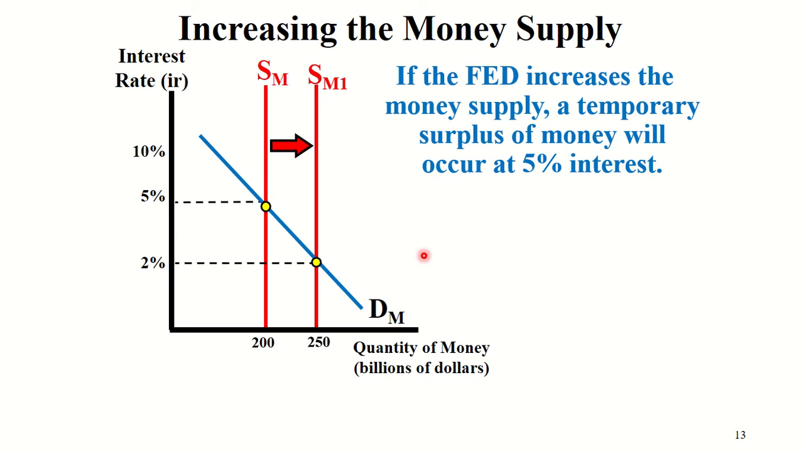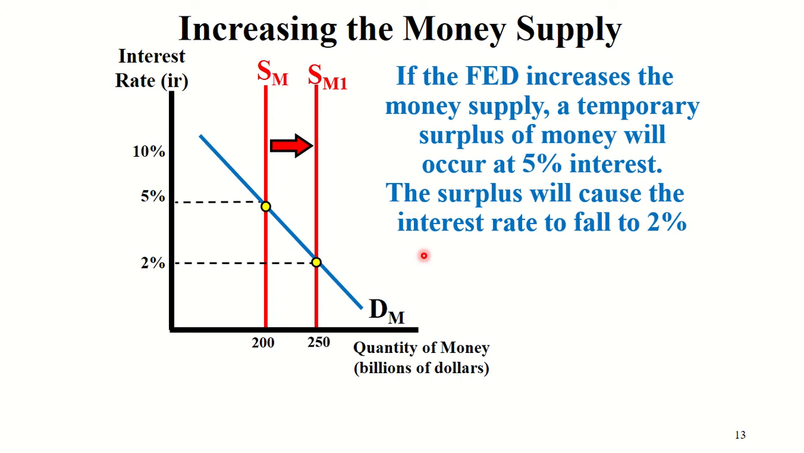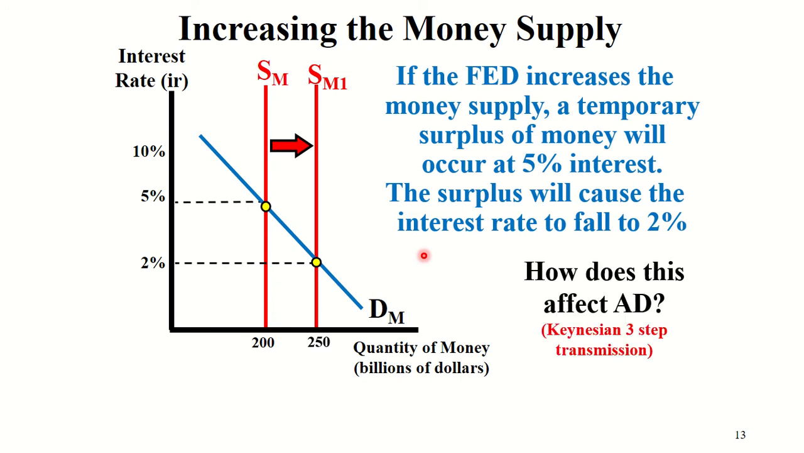So if the Fed increases the money supply, a temporary surplus of money will occur at 5% interest. This surplus will cause the interest rate to fall to 2%, okay? How does that affect aggregate demand? Okay, well, let's take a look at this. Increased money supply. You'll notice over here that this increase caused the interest rate to go down, right? Remember, we'll talk about the purchasing of bonds and the selling of bonds. We'll talk about liquid assets in banks, and we'll talk about banks competing against one another for people